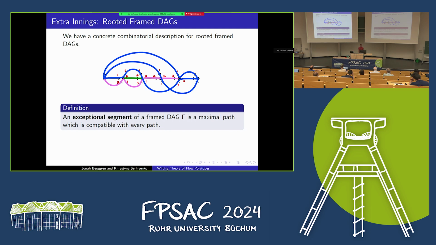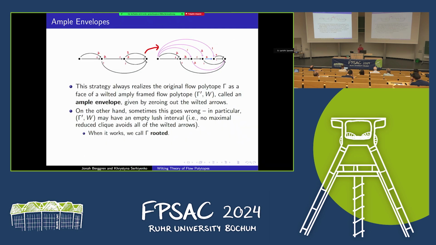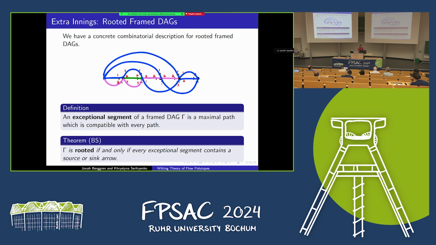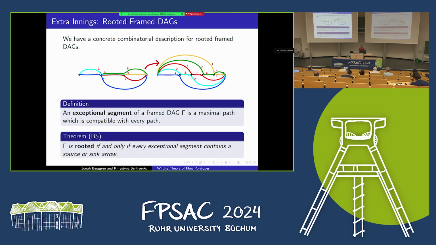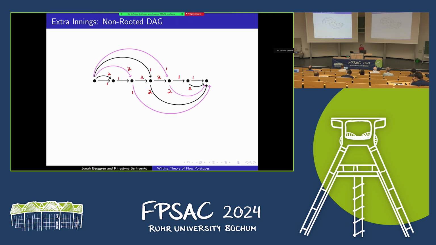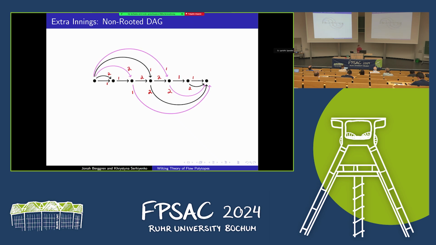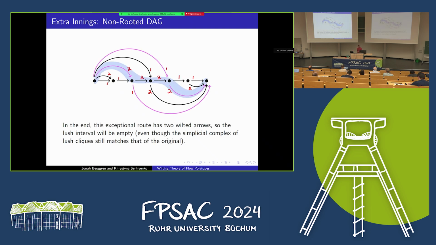So in fact, with this process here, you'll still get the thing on the right. So you'll get an amply framed DAG, and you'll be able to take that face by zeroing out the wilted arrows and get your original one. What goes wrong is the continuation of my cheat. Yeah, so this one is an example of a non-rooted DAG. And so what goes wrong here is that